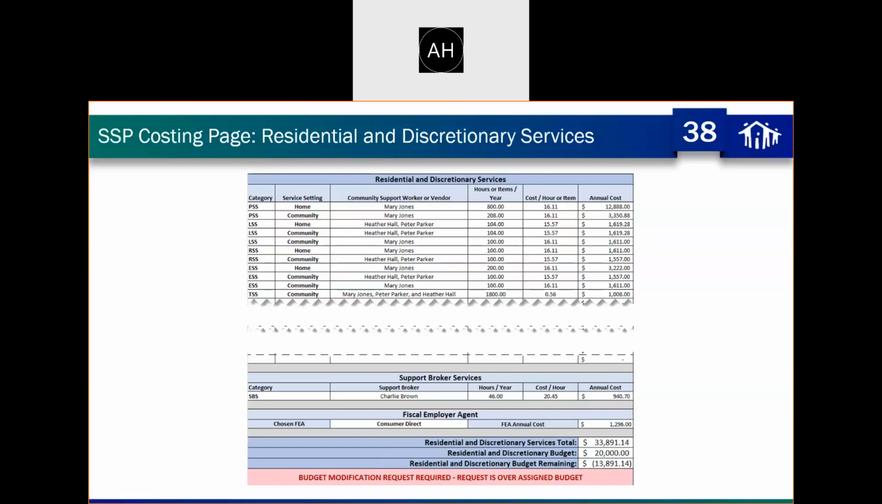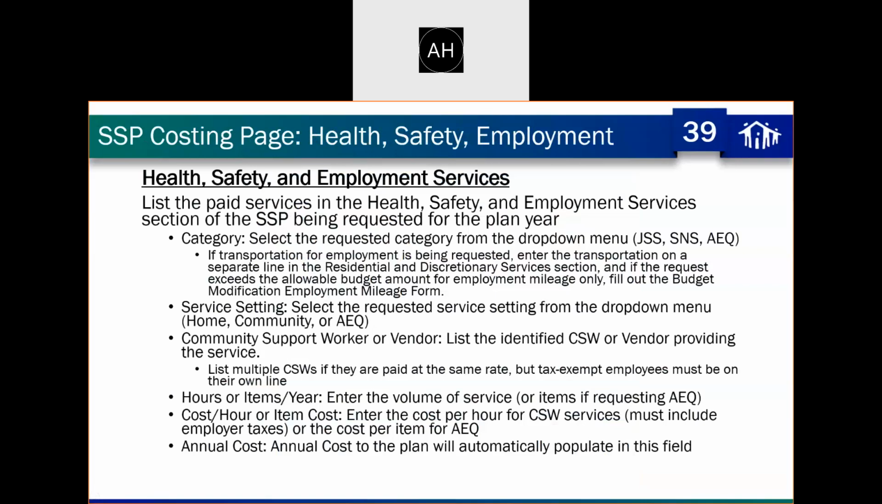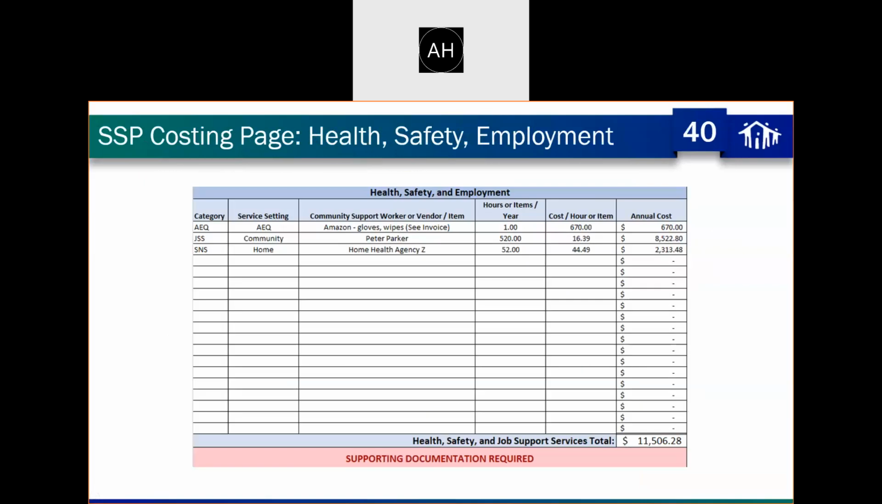budget modification request required. The request is over the assigned budget. And so that will pop up just to remind support brokers that it is over budget. And so a budget modification would be required in this case. And then we'll go ahead and move on to the next section, which is the health, safety, and employment section